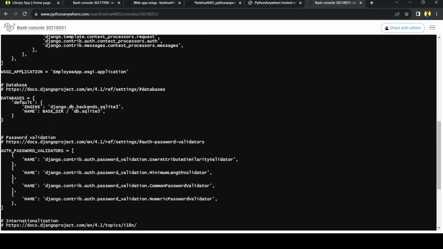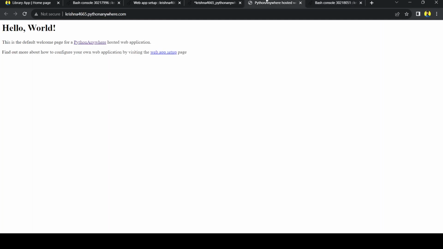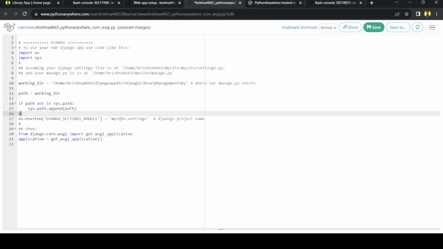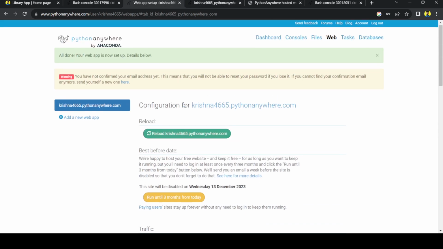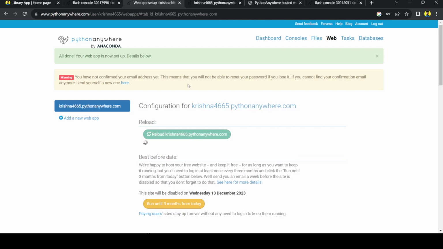So we have required this WSGI application, basically the application name. So this is our application name here. Like in my scenario, it is the employees app. So I will go into that and here I will paste my project name. That's only two things we have to do. The first thing is that we have to change the working directory, and the second thing is we have to change the project name. So after doing that, we can save this, and the next step is to reload this. So let's reload it,